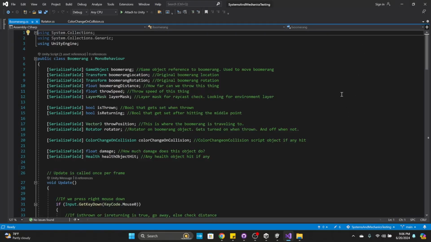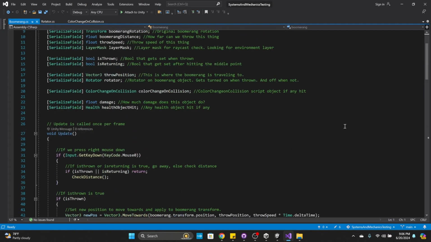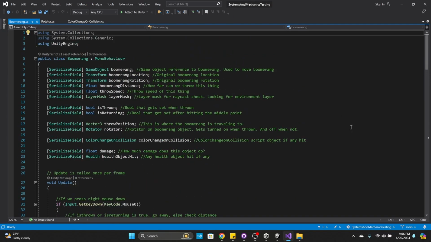Hello everyone. Today I'm going to show you a boomerang mechanic that I coded in Unity. We'll start with the boomerang script. We got a game object boomerang. It's an object reference to the boomerang. This boomerang script lives on the player itself, so we need an object reference to the boomerang used to move the